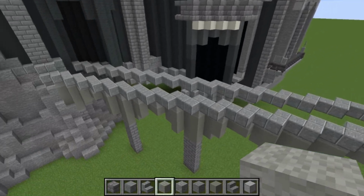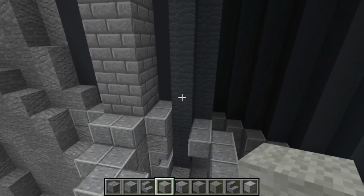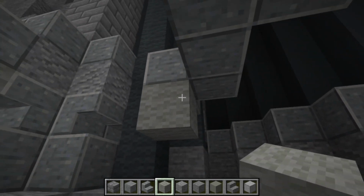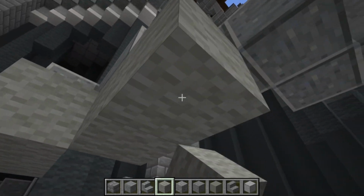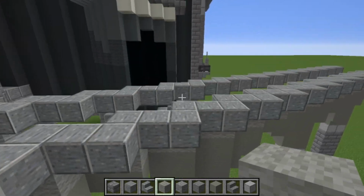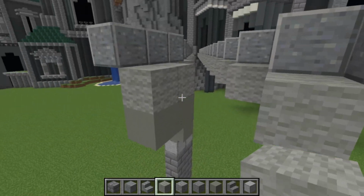And now to move over to the other side, we're going to go back to our light grey wool, come into the back here. Underneath that block, put your light grey wool, and we're going this way, then do 2 like that, 2 like that, 2 like that, and so on down, so that we create the same pattern as this. When we get to the end here, we're going to stop with that, place 1 more block of light grey wool